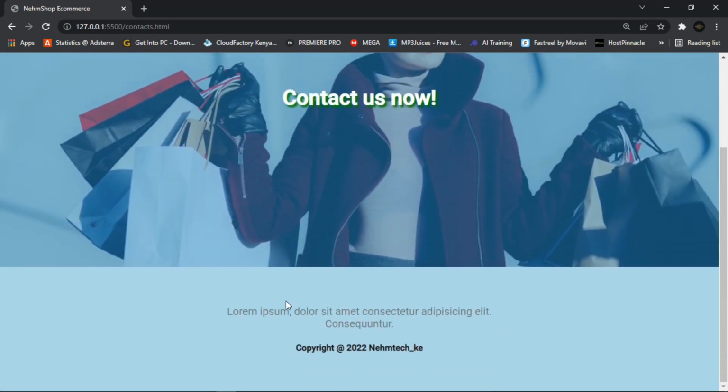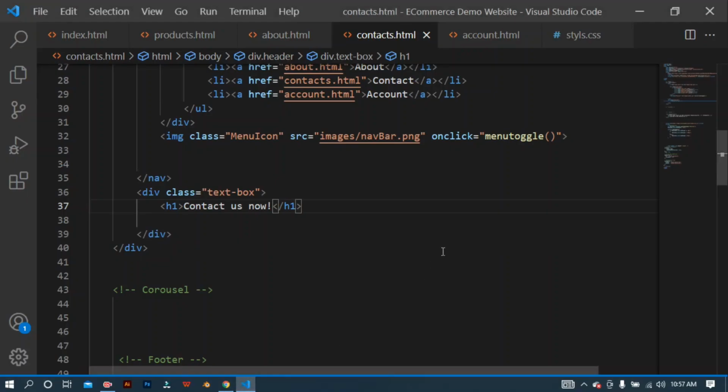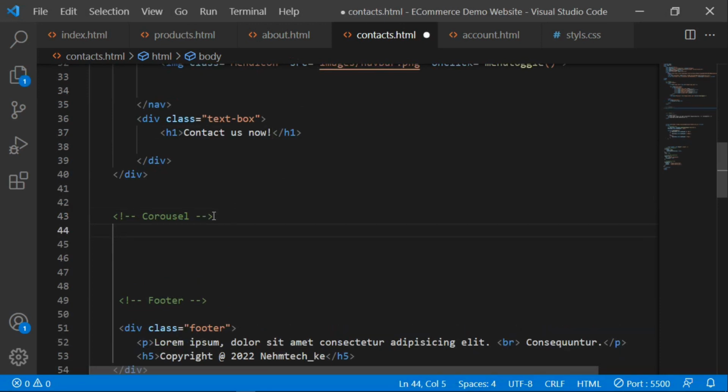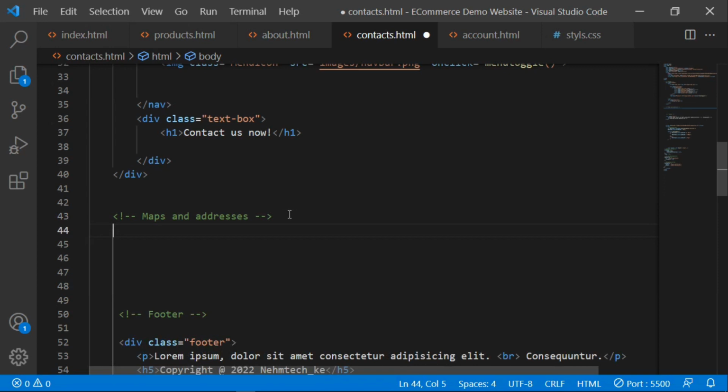So now let's go to our text editor, and then first of all, let's begin with the location details, addresses. So the comment, let me here change to forms. Let me say maps and addresses. Maps and address, and then here I'm going to create a .row class. Let me just begin with the .row,